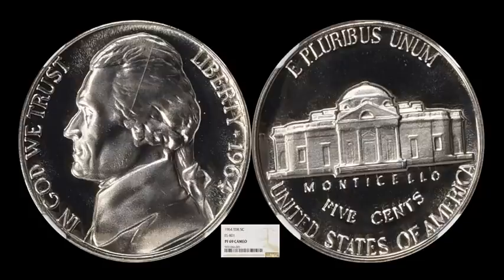And cameo is tough on the 64. That's one of those dates where it's either boom or bust for cameo designation. But this one, there was enough frosting on the devices to get cameo. But this one right here, if you guys needed a closer look at what the triple die reverse